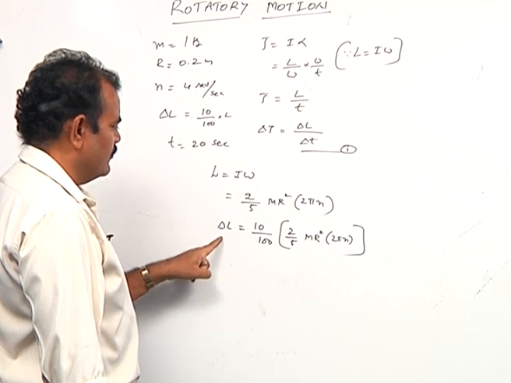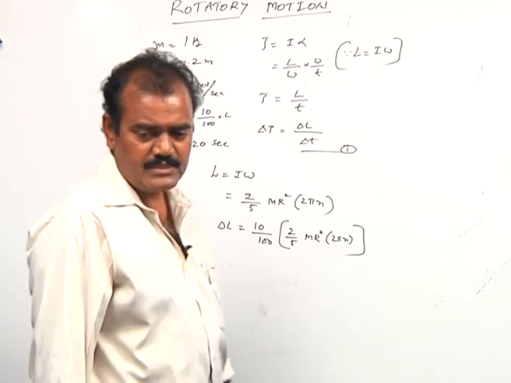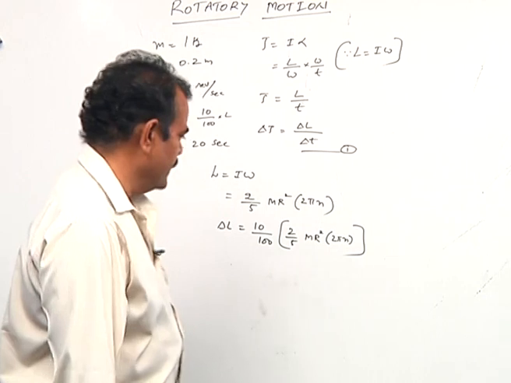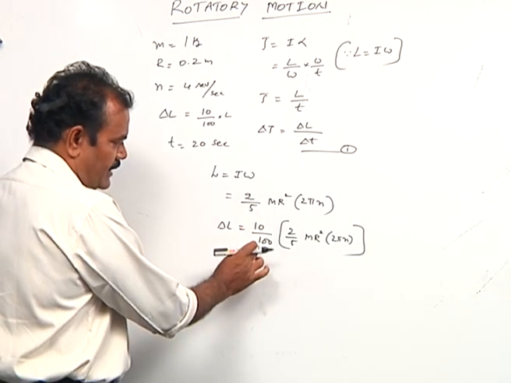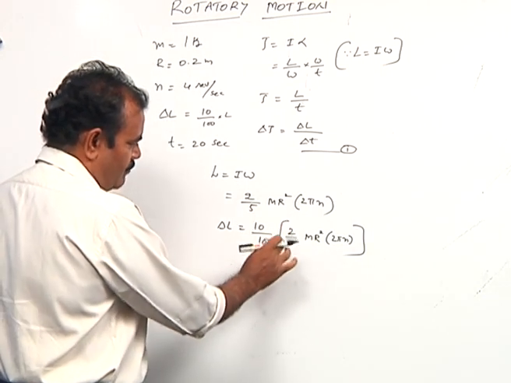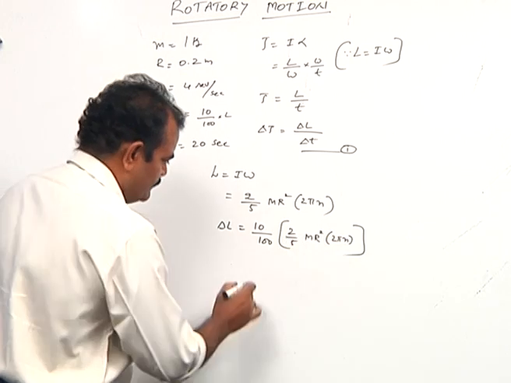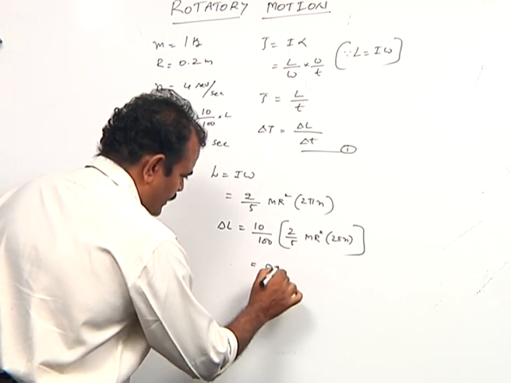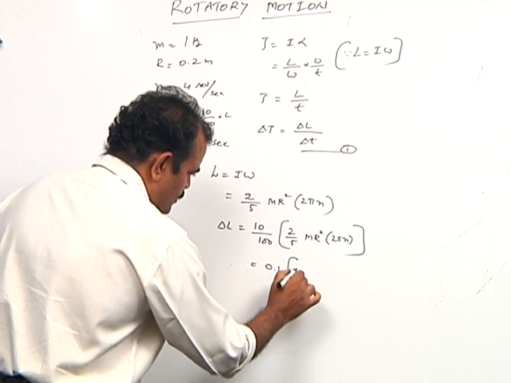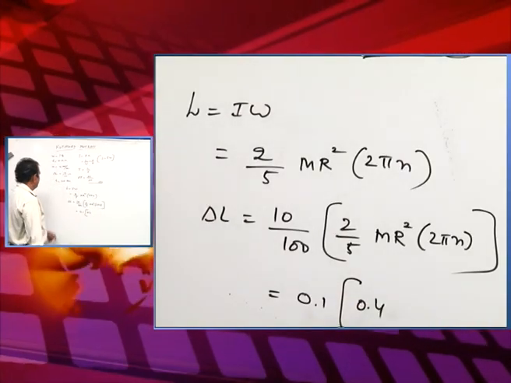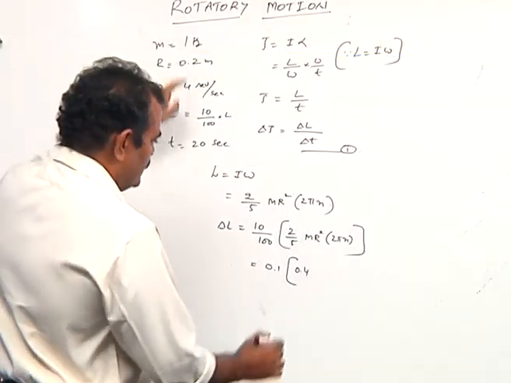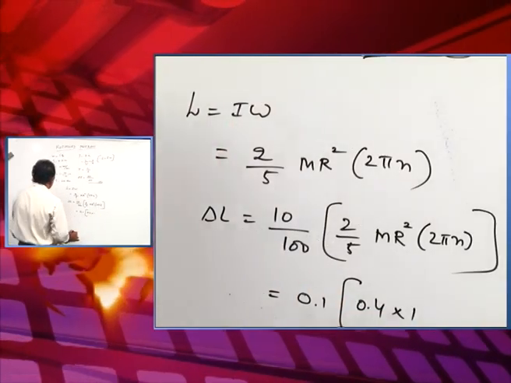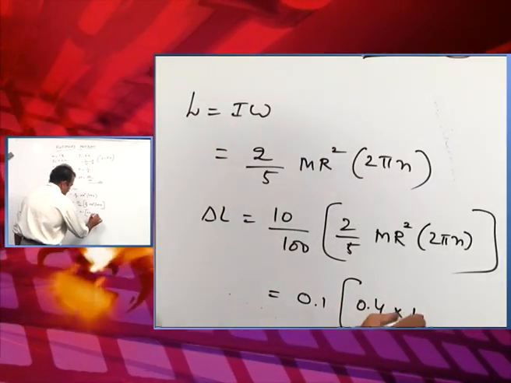To increase the angular momentum by 10%, delta L is 10 by 100 times 2 by 5 mr square times 2 pi n. That is 0.1 times 0.4, with m equal to 1 kg and r equal to 0.2,